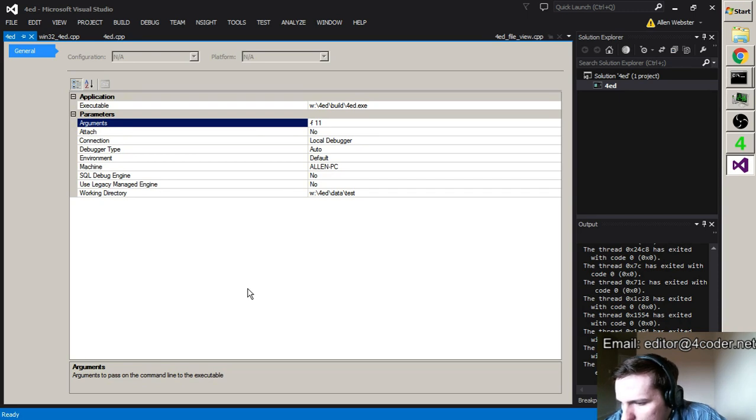Zen Mystic, where's a good place to post things that I would like in 4coder? A post on the forum would be ideal for future requests. I mostly send people to the forum unless you have a bug, in which case I prefer it in my email. Well, it depends. If you have a bug that I can fix, I would prefer it in my email. If you have a bug that the community can help you find a workaround, then the forum actually turns out to be better.